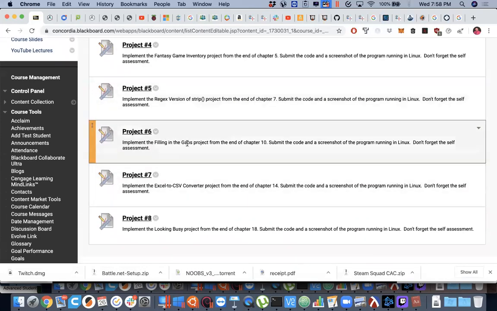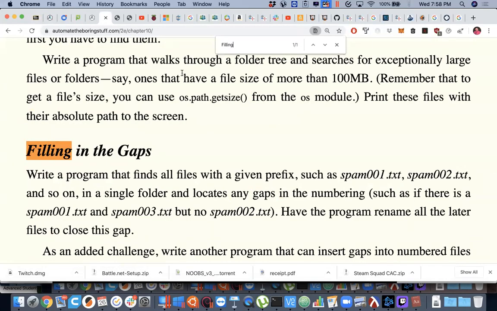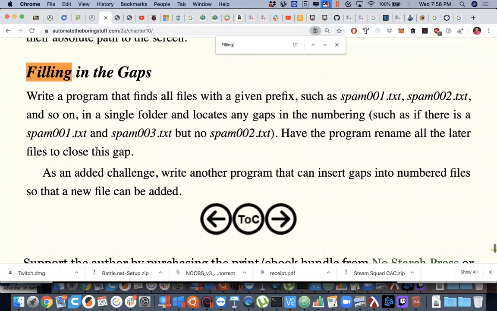Filling the gaps from the end of chapter 10. Let's see if that's a true statement. Yep. So write a program that finds all files with a given prefix, such as spam, anything that starts with spam, and regular expressions might help you with finding file names that start with a certain pattern